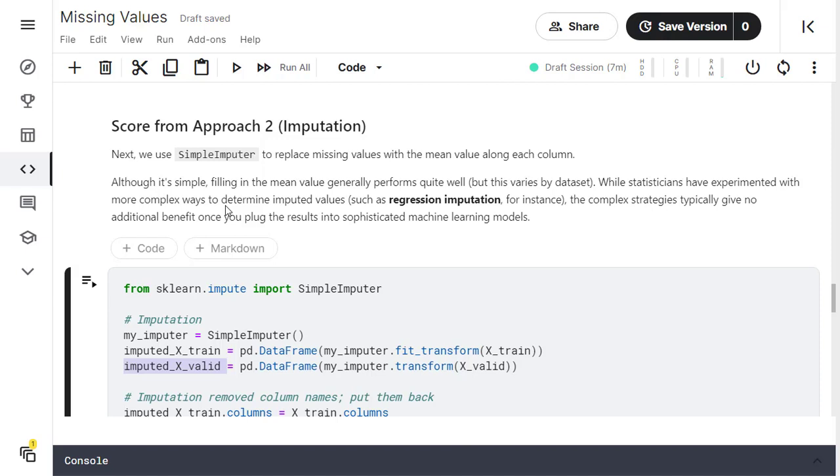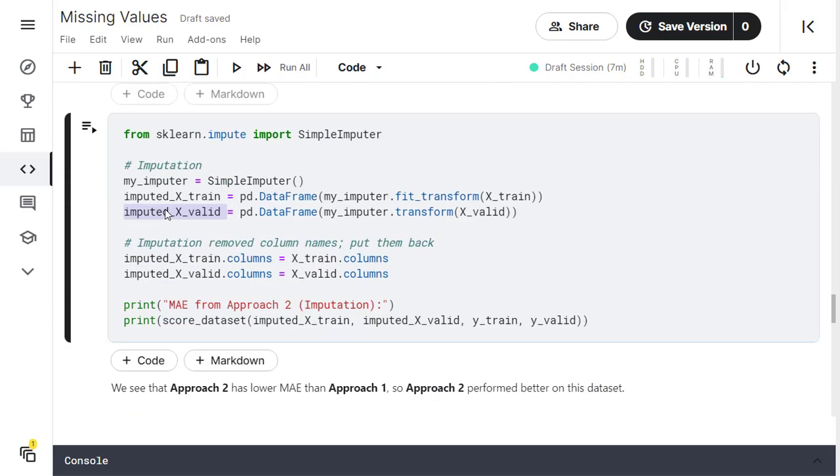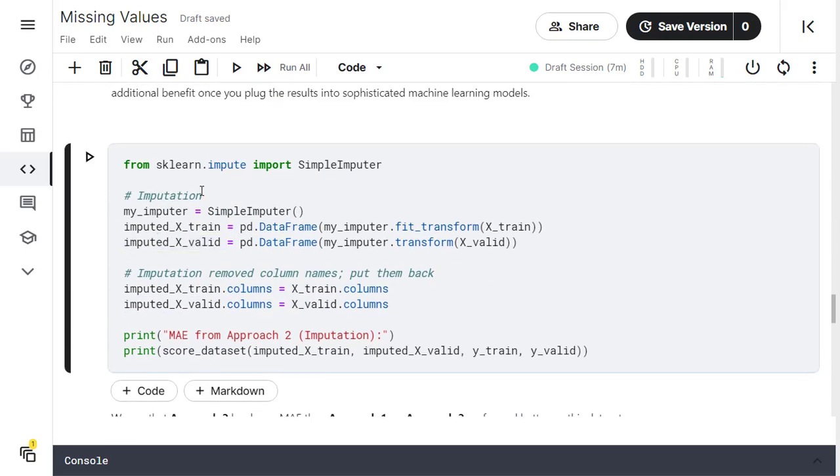While statisticians have experimented with more complex ways to determine the imputed value, such as regression imputation, the complex strategies typically give no additional benefit once you plug the result into a sophisticated machine learning algorithm. Moving to the code, we will use a simple imputer to impute mean values in place of missing values and perform prediction to get the mean absolute error.